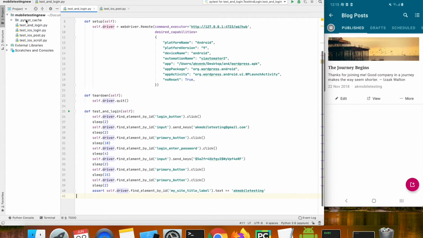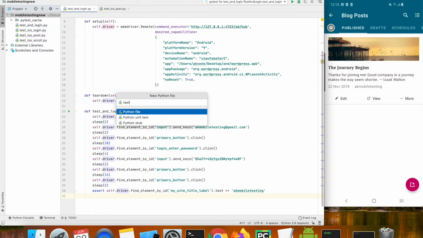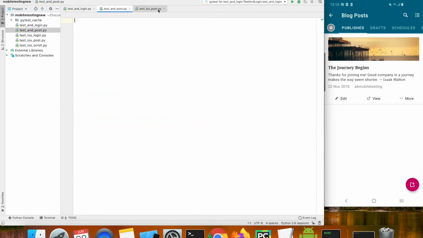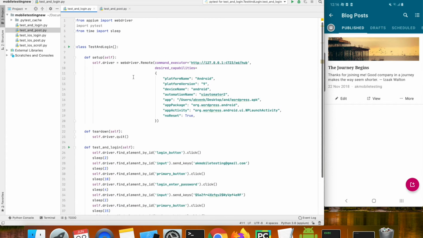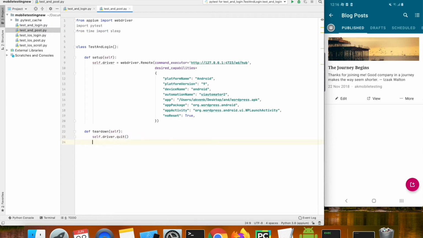Let's create a new file and name it test android post. I'm going to switch to the login scenario and then copy the setup and teardown methods.